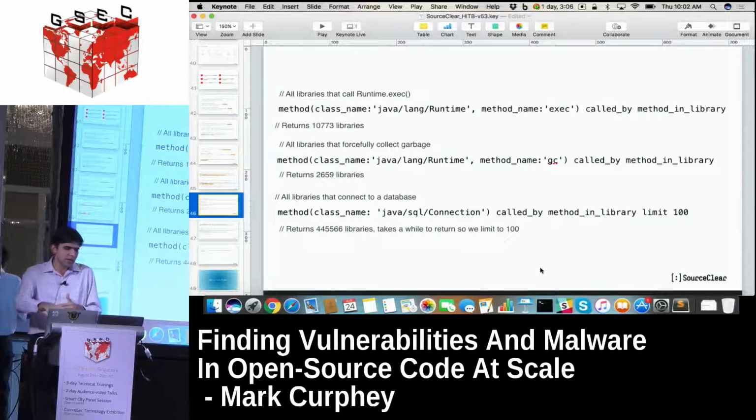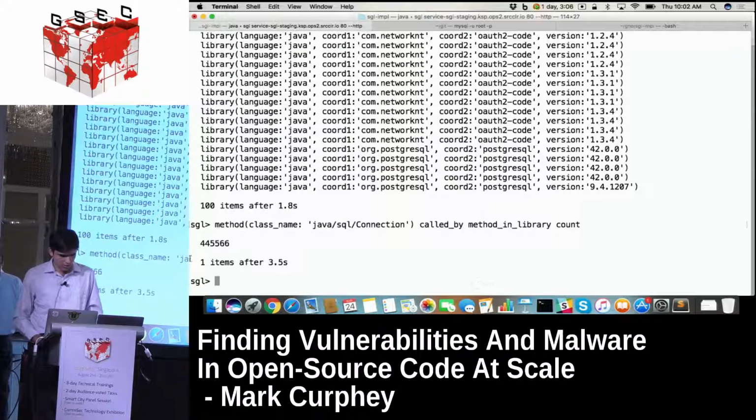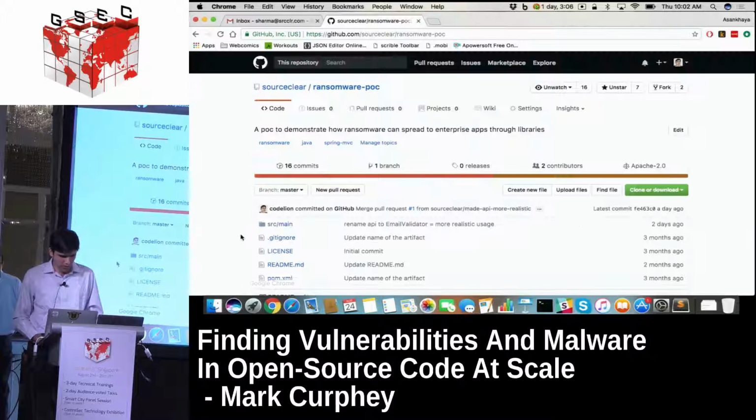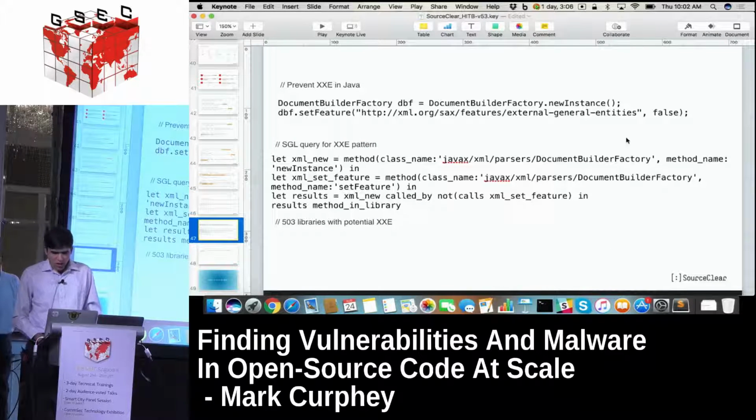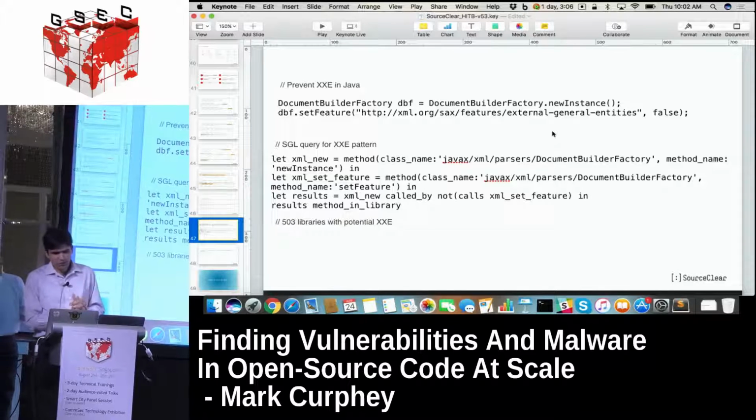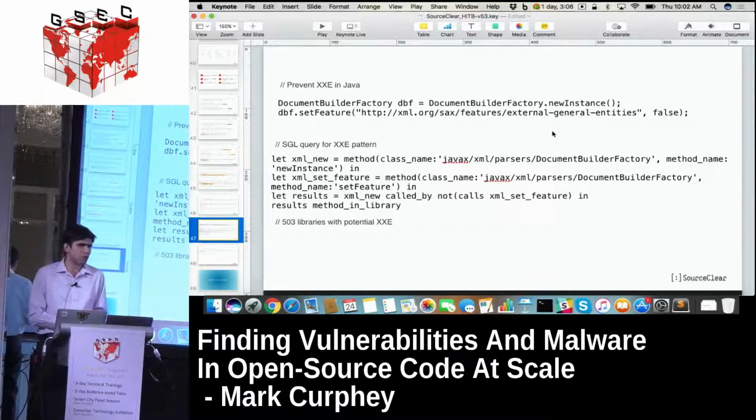So you can combine these three queries to actually detect some library like the one I demoed in the first part of the talk. You open a connection to a database, you try to run some commands, you use reflection. So use a combination of these patterns, and then you can look for things like malware. There's a bunch of libraries which do that. So this is an example of how you can use it to not only look for known vulnerabilities, but look for patterns of bugs or defects.